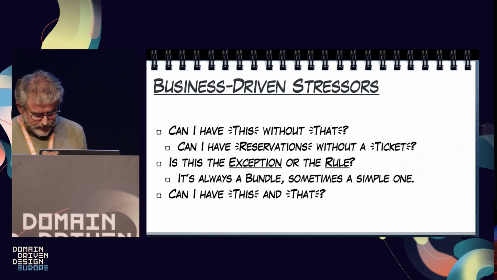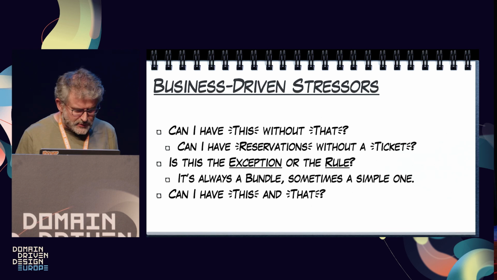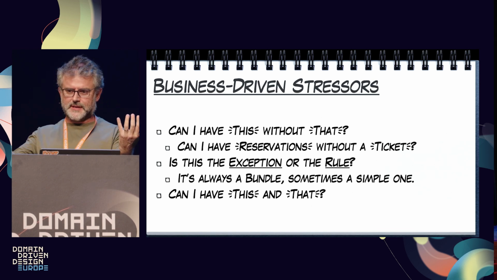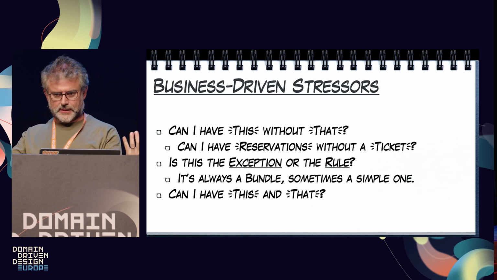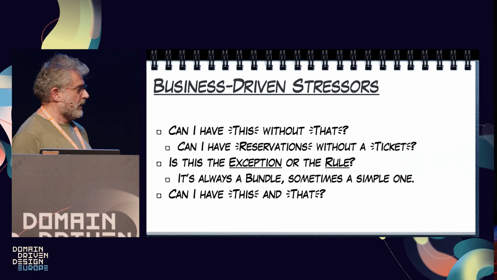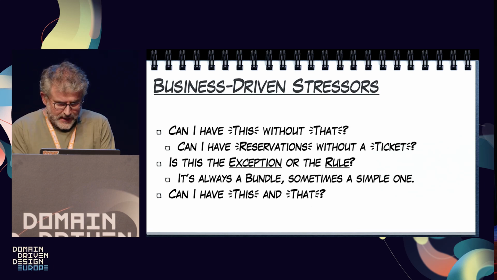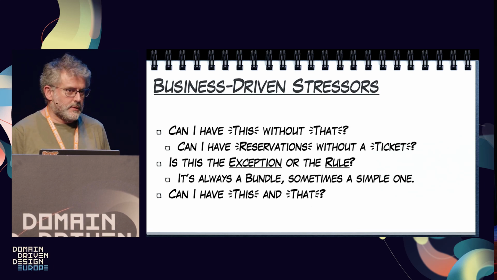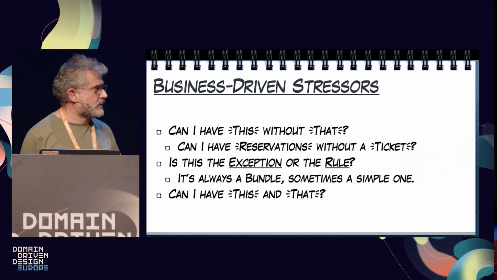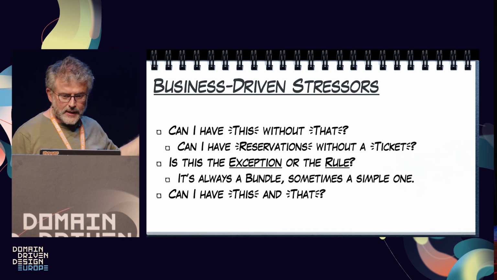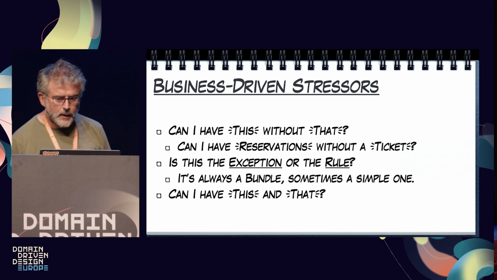And the other thing, which sounds like blasphemy if you are a YAGNI lover, is: can I have this and this? Can I have a ticket inventory and a seat inventory? Why should I? And I would like to see what happens if I have it, because it might be one thing that could open possibilities, or if it doesn't, I just need to make sure that this prototyping exploration is cheap.